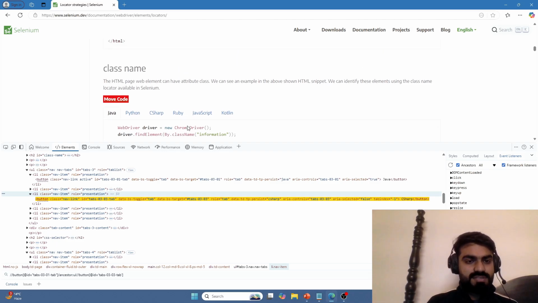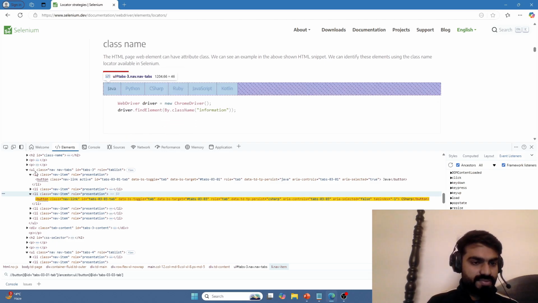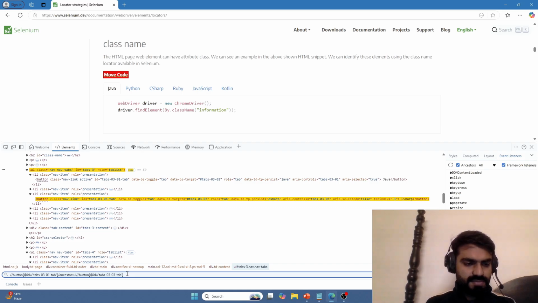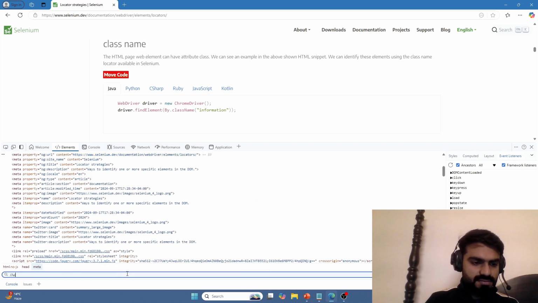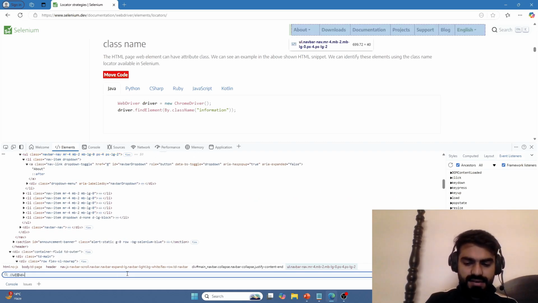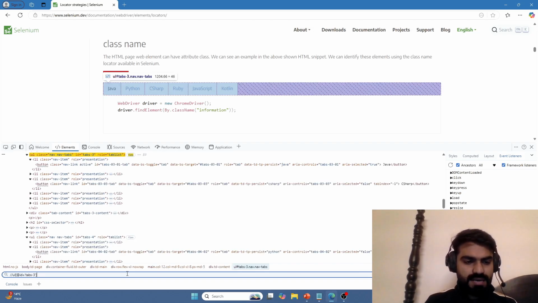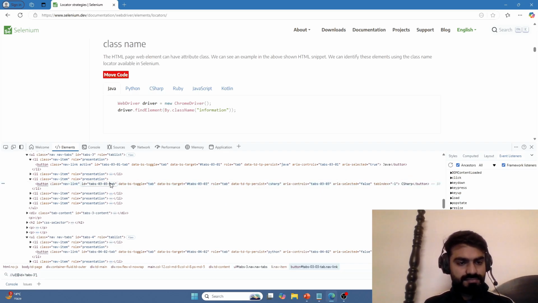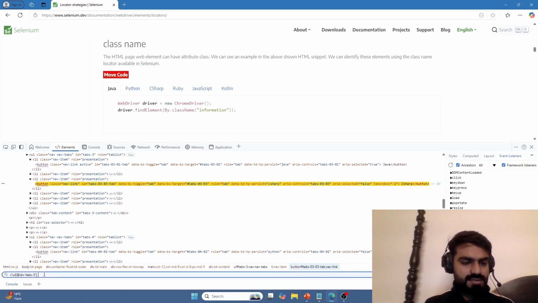Now what I am saying is, suppose I have this one. I know about this tab 3 right here. What I will do is ul at the rate id is equal to tab 3, which means I am over here. And then I need to interact with the C sharp. Suppose I need to interact with C sharp. If this is the concept, I will do button at the rate id